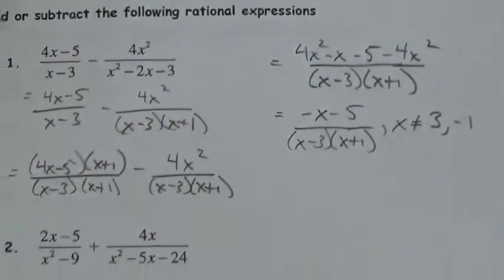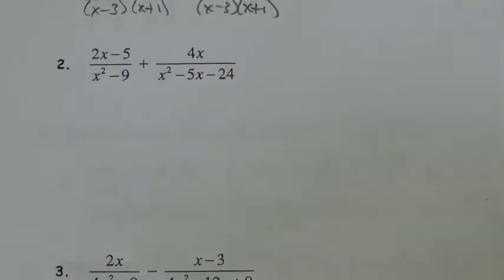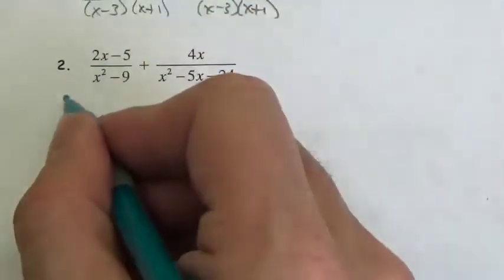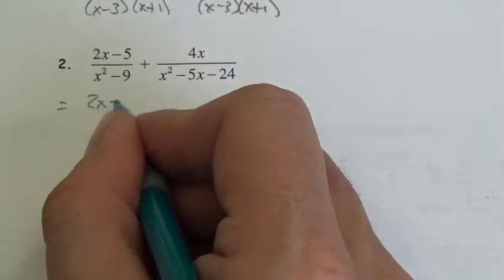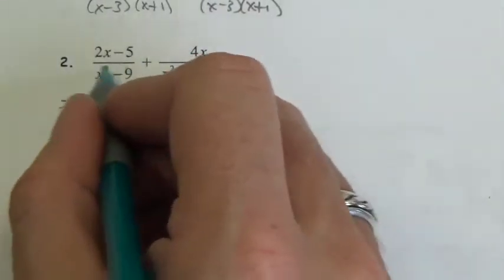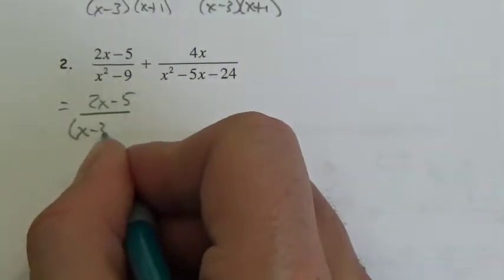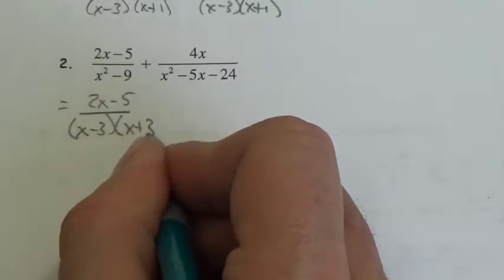Okay, let's move on. Next. Once again, the very first thing I'm going to do is factor. So I look at the numerator here. That's as simple as that's going to get. But the denominator is a difference of squares. So x minus 3, x plus 3,